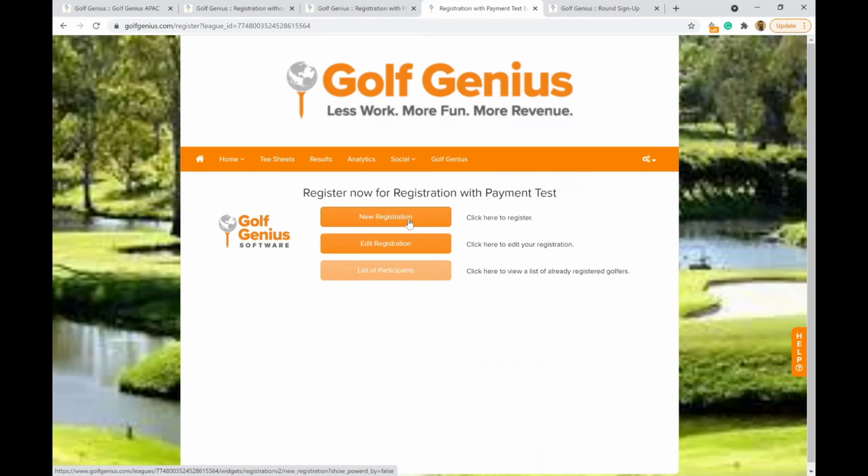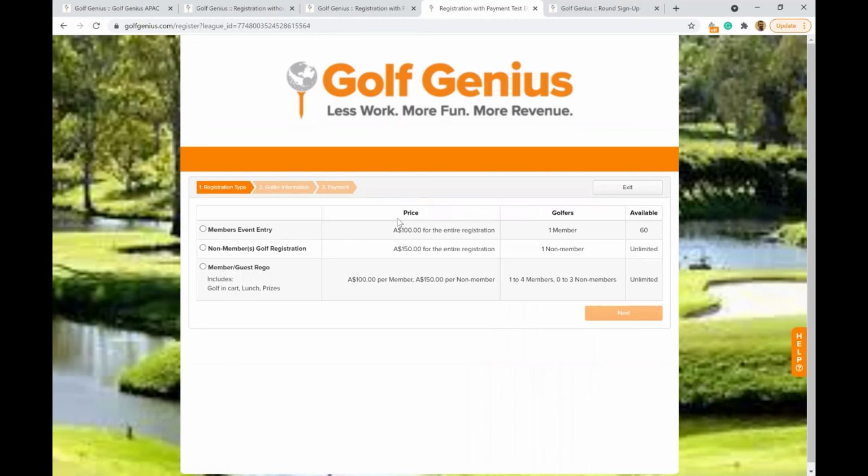So new registration, this will present me with 3 options. And you can see these 2 had no description. This one has a description underneath. Obviously 1 member, 1 non-member, or the combination here. And you can see how it breaks it down, makes it very simple. So when we click next,